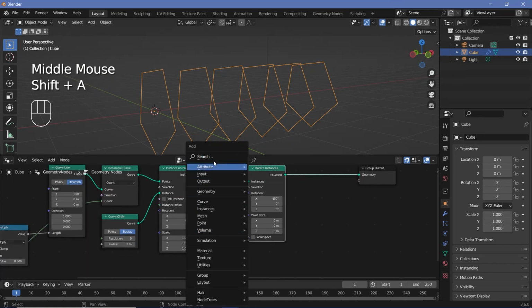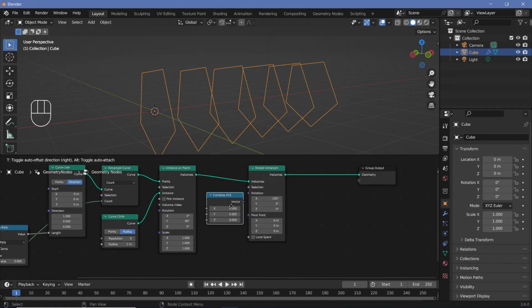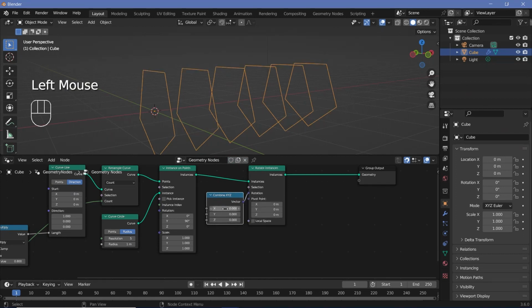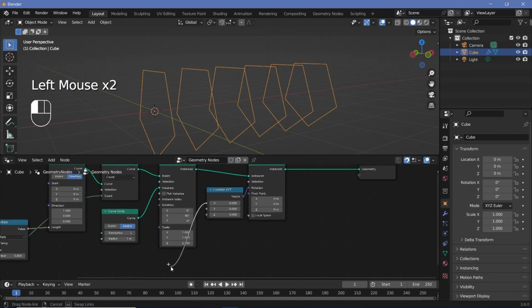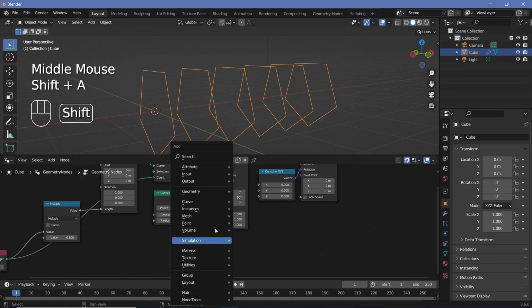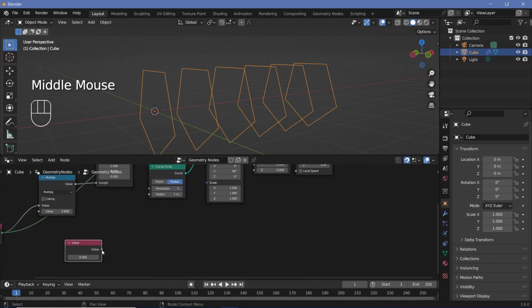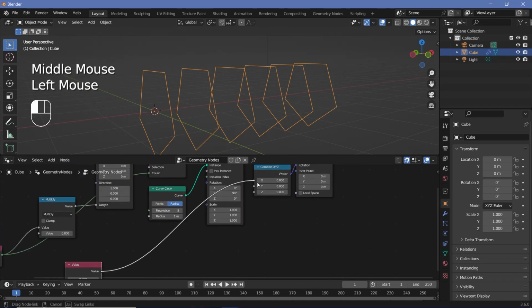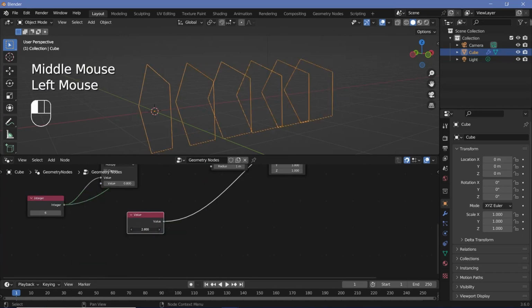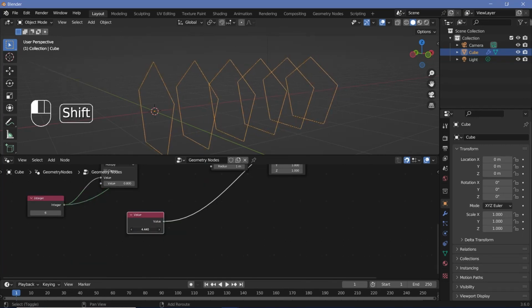So what I'll do is I'll press Shift A and search for a combine XYZ node, and then I'll plug this into the rotation socket. This way we can control just the x-axis value using a socket over here. So I'll press Shift A and search for a value node, and I'll use this value as the x-axis value for the combine XYZ. Now I can just rotate this and it rotates properly, but all of them are rotating